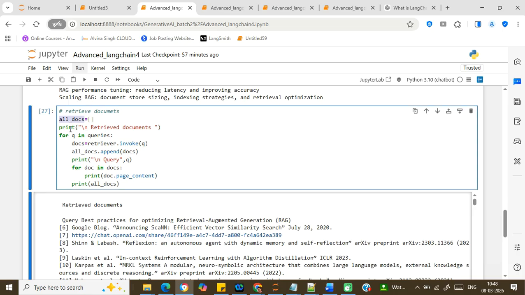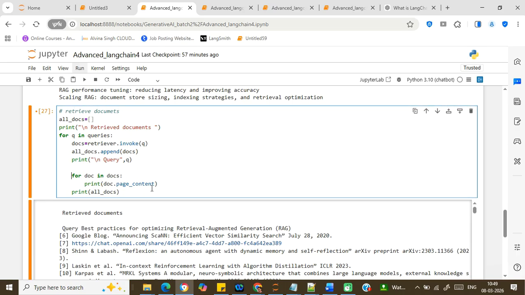We just need to insert all docs. That is perfectly fine for queue inquiries. Docs equal to retriever invoke queue. All docs dot append docs. That is perfectly fine. Let me remove this particular print. That is fine, let me keep it. For the docs, print doc dot page content and